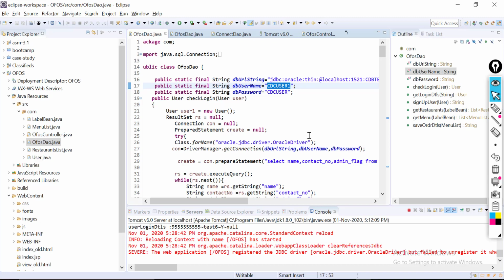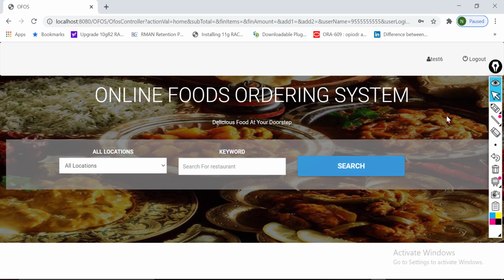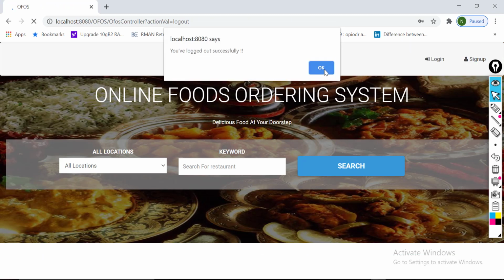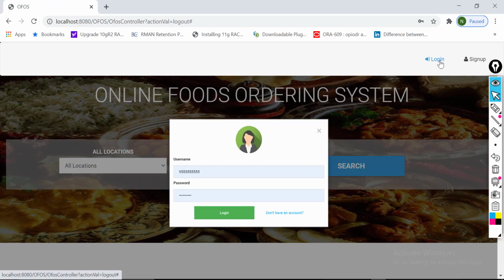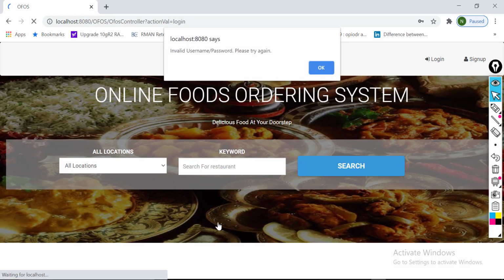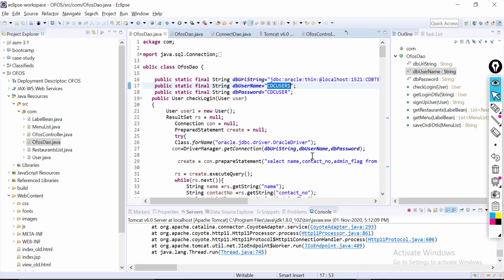Let us try to understand how my system behaves. So I'll log off, click on login, and give the details. So what it is saying is invalid details, because the details entered are not matching.